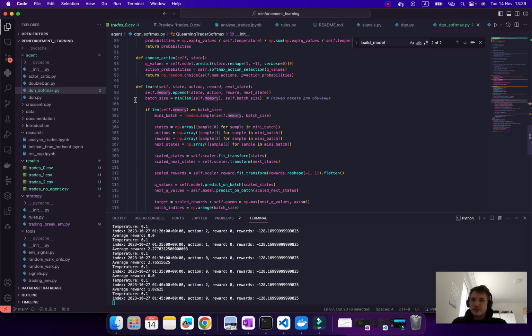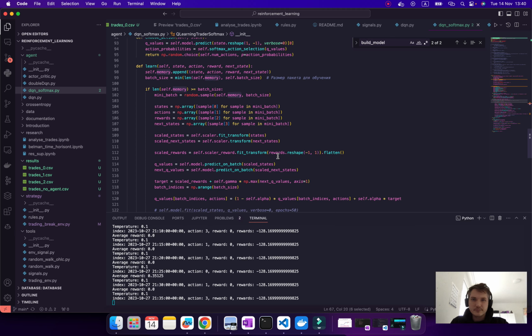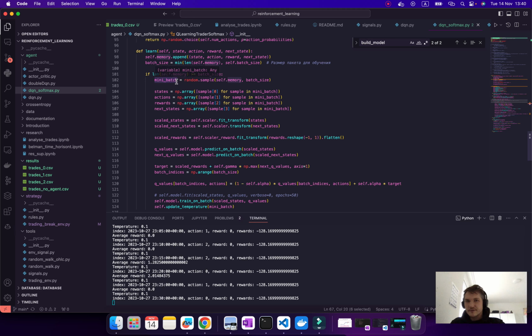Okay, and when we learn from our data, you see, we take the state, action, reward, next state, and we need to add this to our memory. And after that, we need to generate some batch from this memory. And after that, if the batch size is enough,